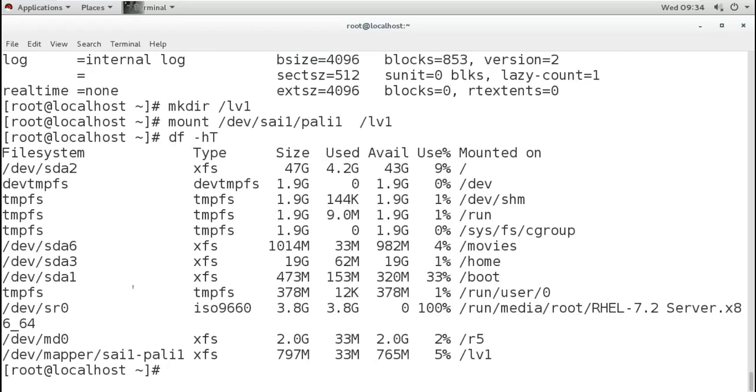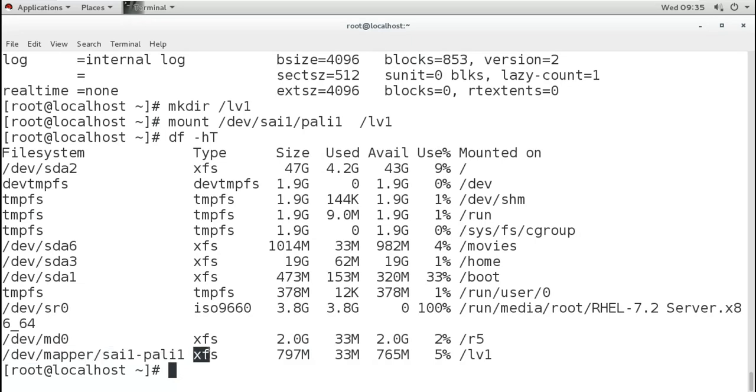This is our LV, and when we mount the LV, it is mounted by the mapper service. So when you see the path in this df command or even the mount command, you will see a path like this: /dev/mapper, the VG name, and then the LV name.